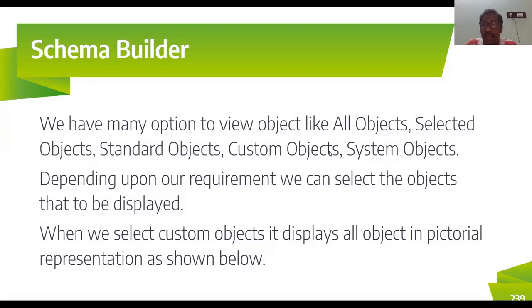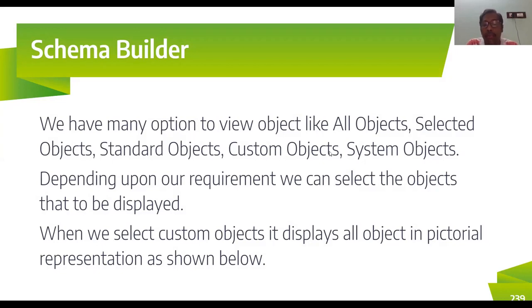In case you want to create an object, you can do that by drag and drop. After you drag and drop it, you enter whatever fields and properties you would enter to create an object. Then you select what is shown: your standard objects, custom objects, system objects, and fields. Below that, you also have fields. You can drag and drop your fields and place them on that object to add the fields. Depending on your requirement, we can select the objects to be displayed.